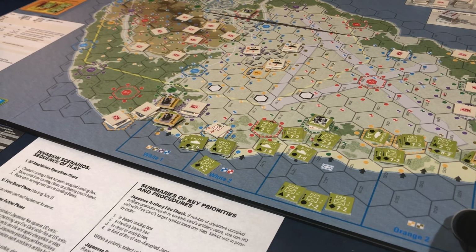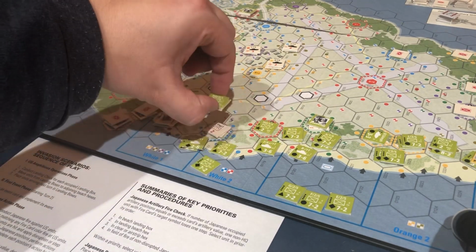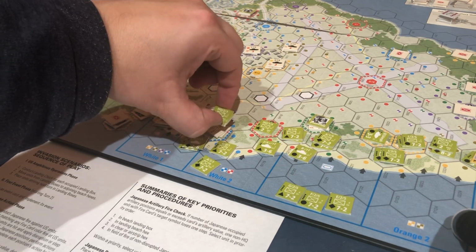Okay, an infantry unit stacked with any infantry HQ unit at the start of the action phase is in command and may conduct a free action. It says "an," so a single infantry unit. So what I'm going to do is these two guys are going to close combat him,